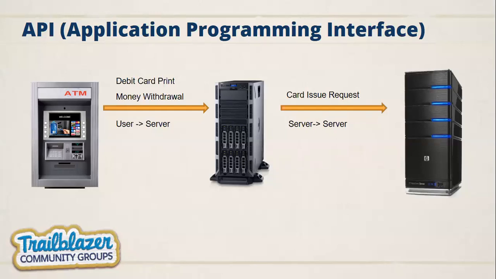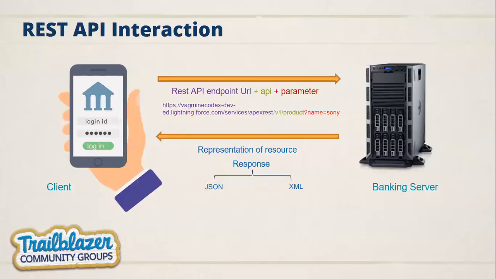Okay, so we understand API is helping you to connect two systems. Now, what is REST API interaction? How is the REST API interaction done from client to server? For connecting to any server using a REST API, you need only a REST endpoint. Primarily only the API endpoint is required for connecting to any server. So in the endpoint URL, what are the things there? First, it will be your host name or your domain name. Then you put your API information, and then you put the parameter information. Like here, for example.